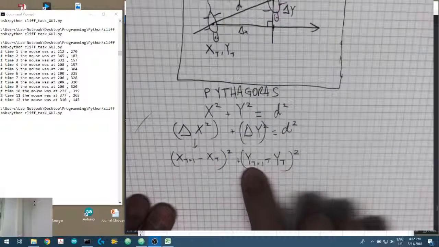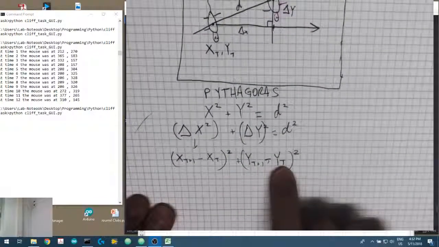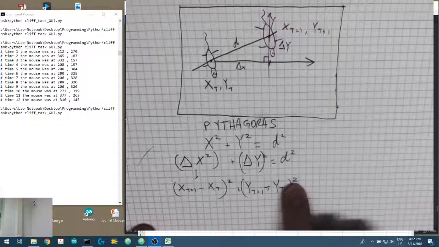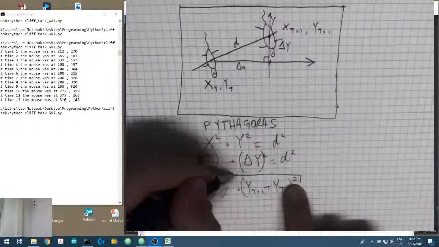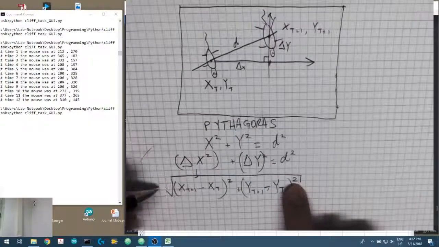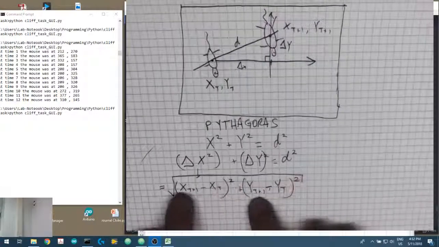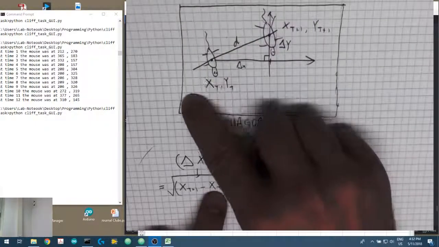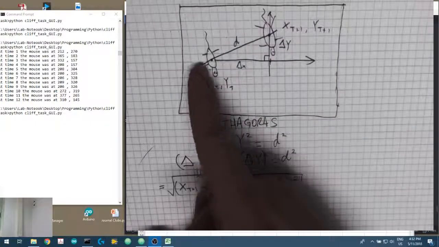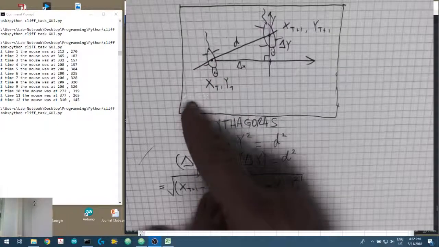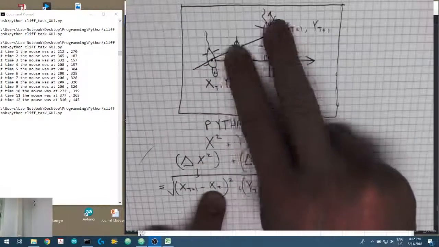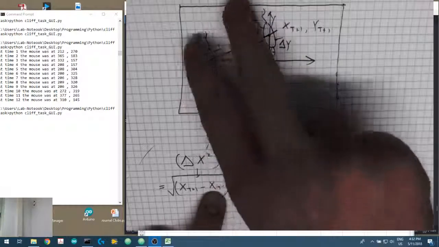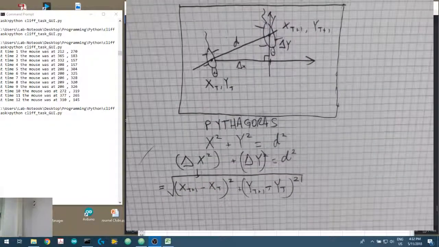Okay, so time at t plus 1 minus the position in the y-axis at time equals t, all squared, and then what we do is we take the square root of that. Now we square these differences because we want a positive difference. If he had moved down here, if we did the subtraction only, then we'd get a negative change, and that would sort of cancel out. So if we square every difference and then take the square root, we'll always get a positive or a meaningful